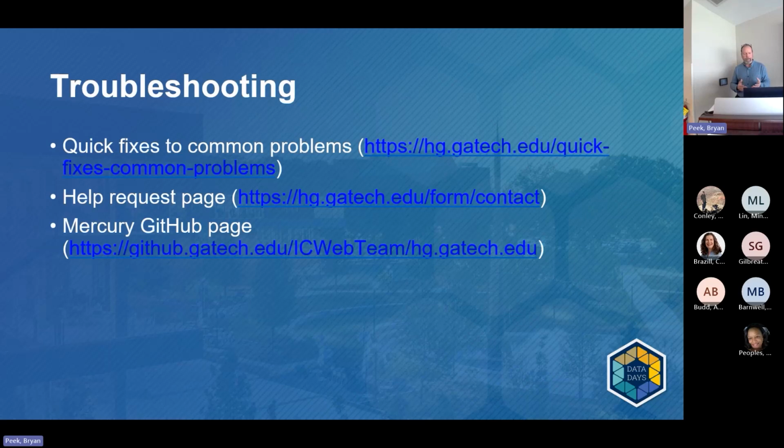If you're of a more technical bent and you want to leave us something a little more detailed, you can look at the GitHub page for Mercury. I think there are currently about 50 issues in there, some of which are wish list kind of things that we'll add when we have time. There are a few fairly significant matters that we have not yet attended to, but if you go there to add something, I would encourage you to look in the current issues first and make sure that there's not one already addressing the topic you have in mind.